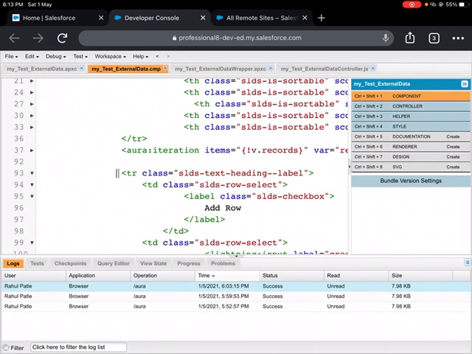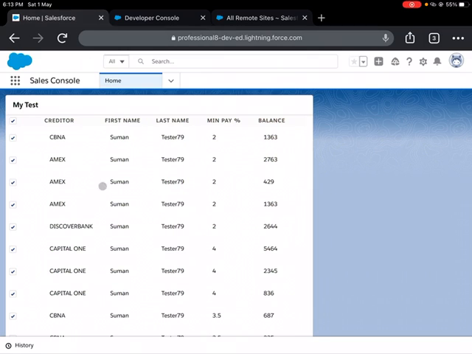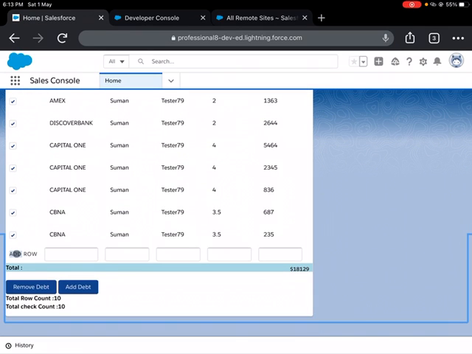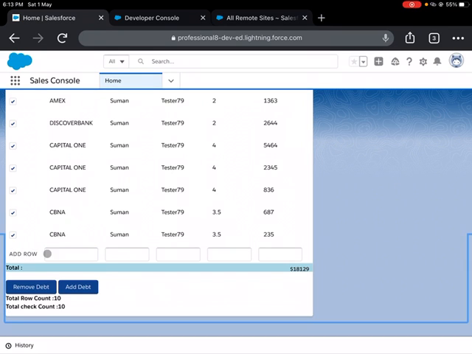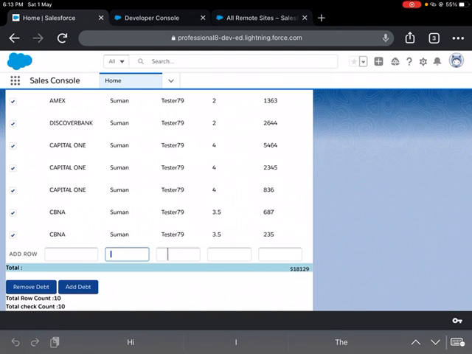Now the second part is I wanted to add the row, an extra row. So I've also created one more row here for that table. I have given the initial name as add row, because this place is required for the checkbox, but instead of giving a checkbox, I have provided an add row so that after adding the data, I can provide the checkbox by default. So I've given an add row section here and input columns here so that I can get the data first and then I can add the data.